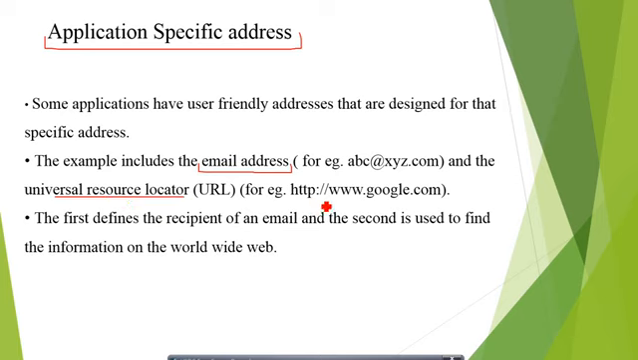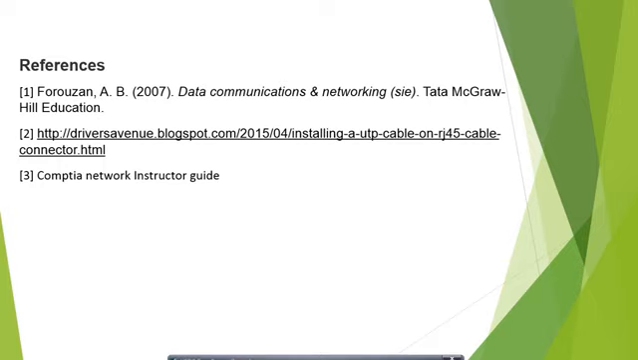So now the last type of address is the application specific address. They are basically used at the application layer. So this is basically an email address. An example of this specific address is the email address, as you have seen, maybe abc@xyz.com, or it may be a URL also, universal resource locator, that is http://www.google.com. So these are the